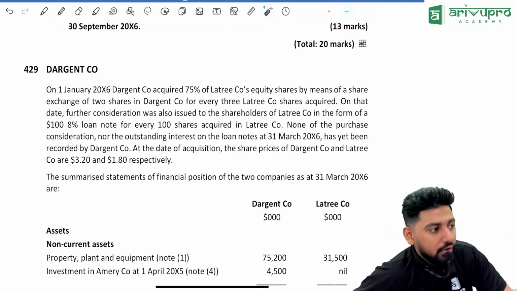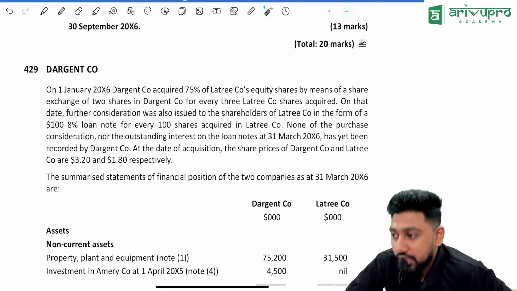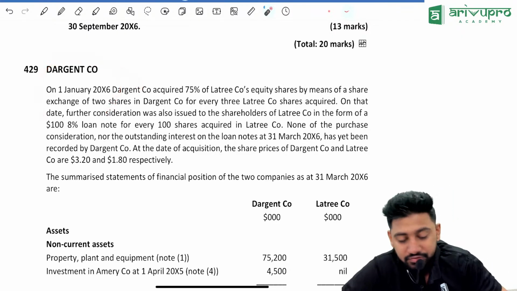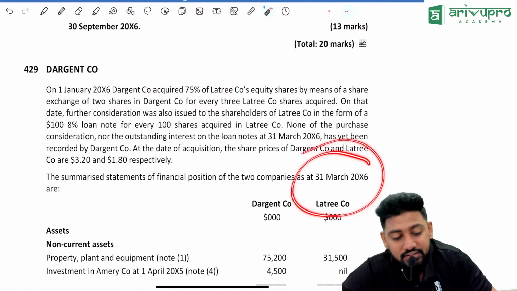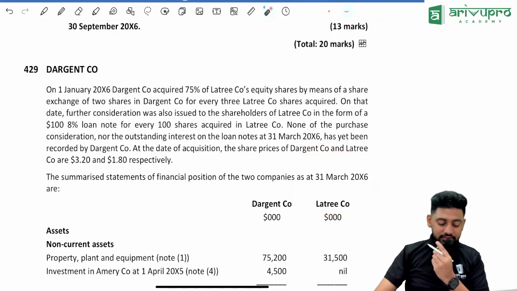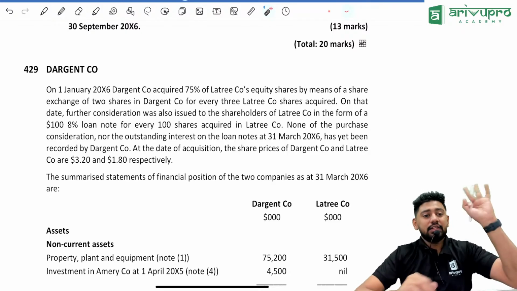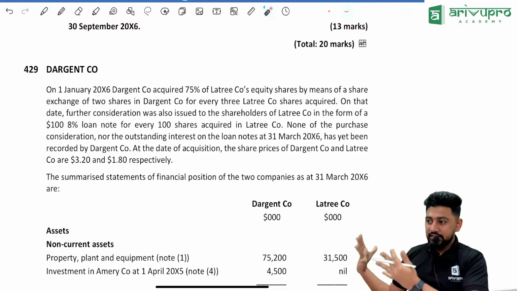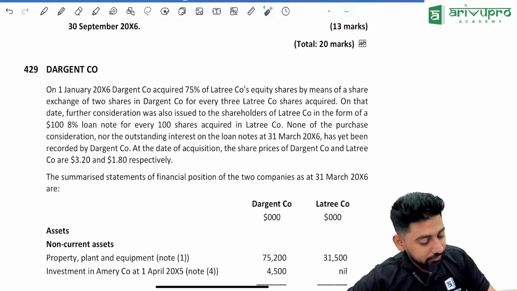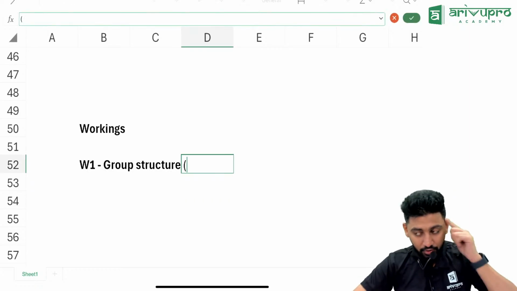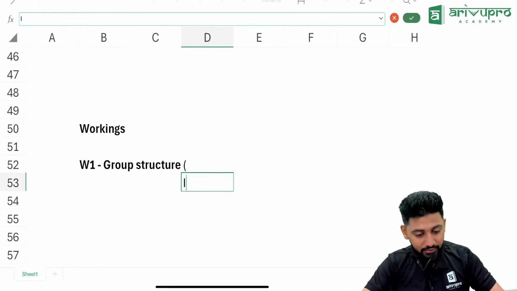In terms of your profit allocation, your retained earnings allocation, because here they acquired on 1st of January 2016 and your year end is 31st March. How long has it been since they acquired? It's been 3 months. You need to know that in the exam. So I will say group structure, but also keep in mind it's a mid-year